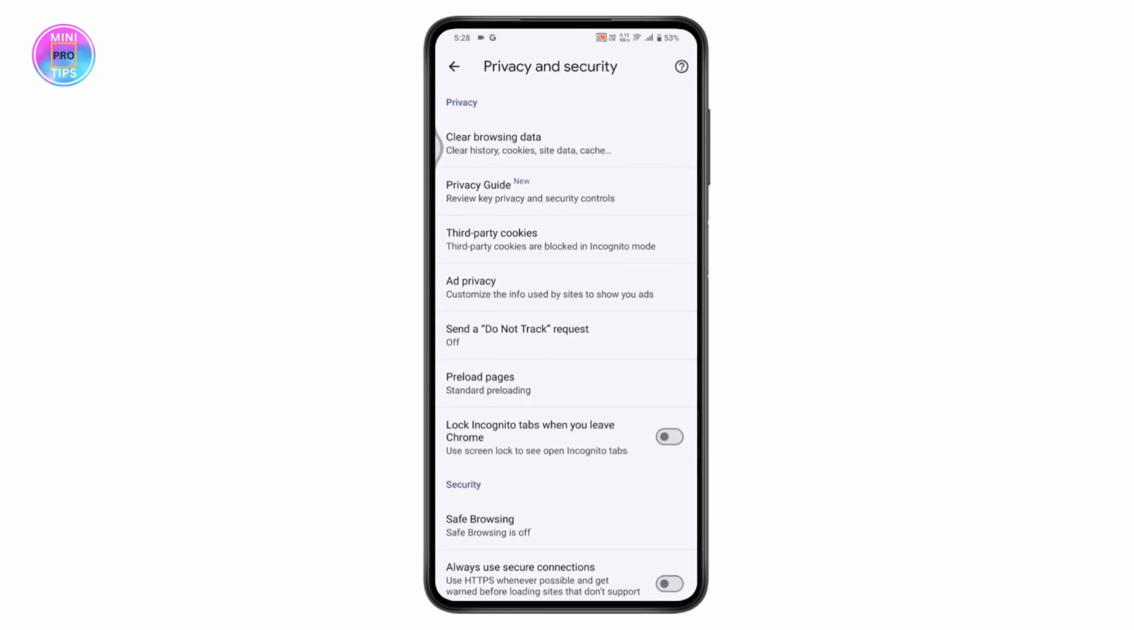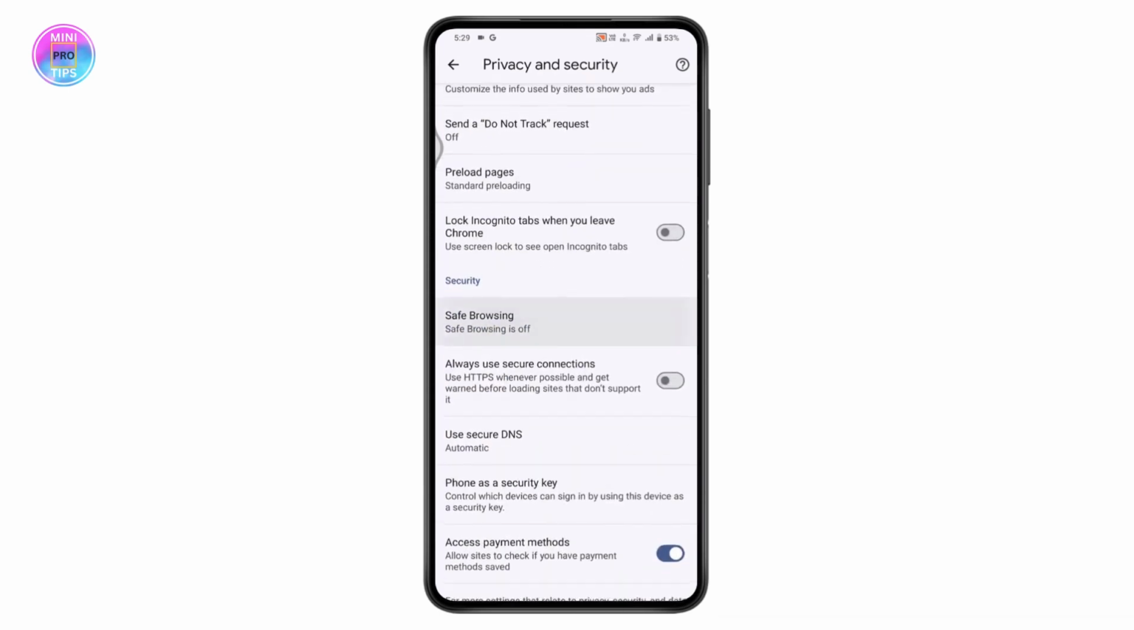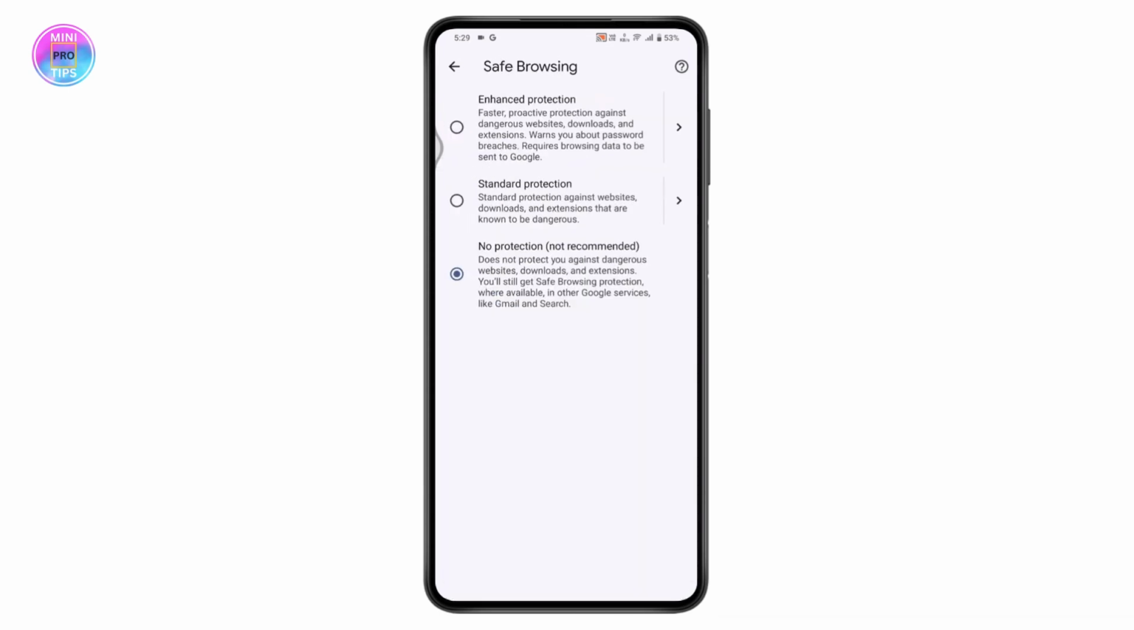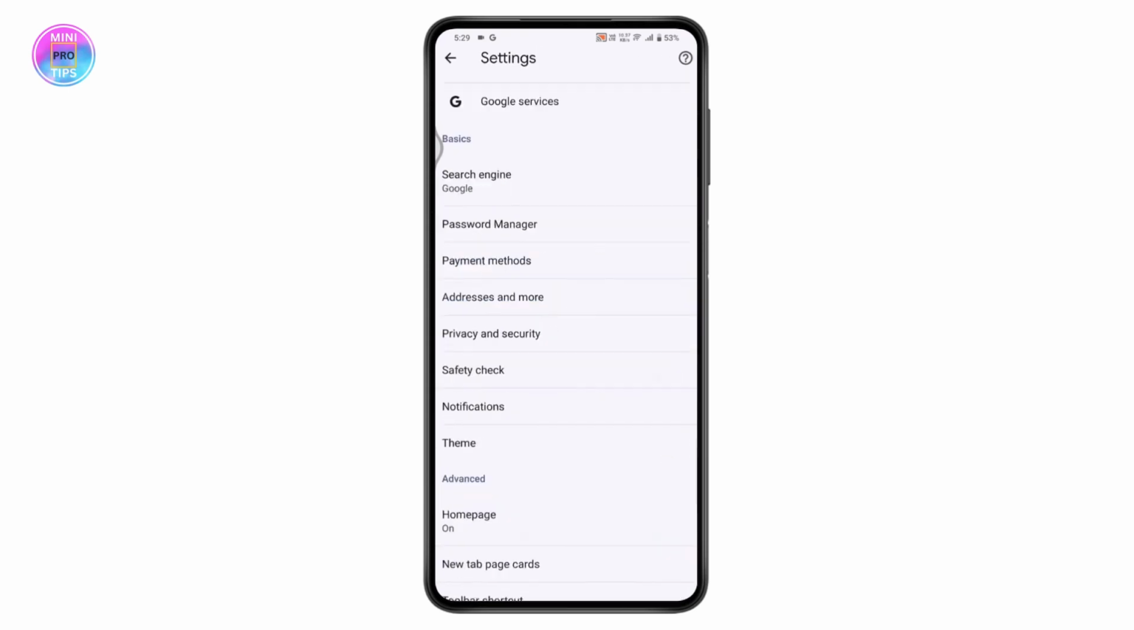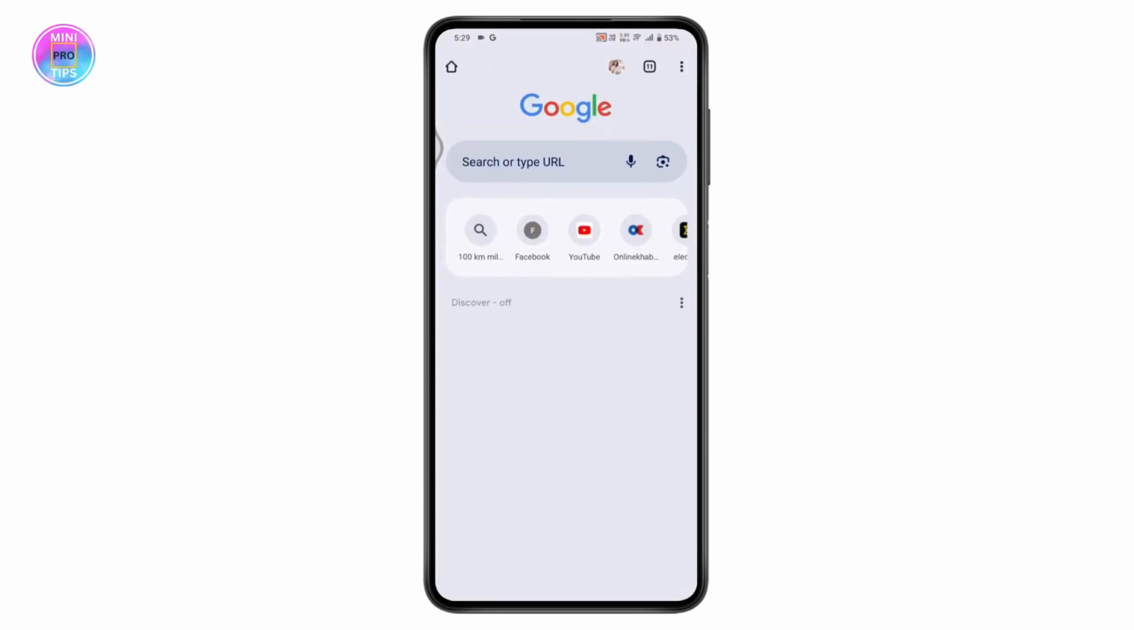And once you've cleared this, now the second step is you need to scroll down and tap on safe browsing. And under safe browsing, you need to choose enhanced protection. And once you've chosen enhanced protection, now if you go back and go to the site which you're not being able to log in,